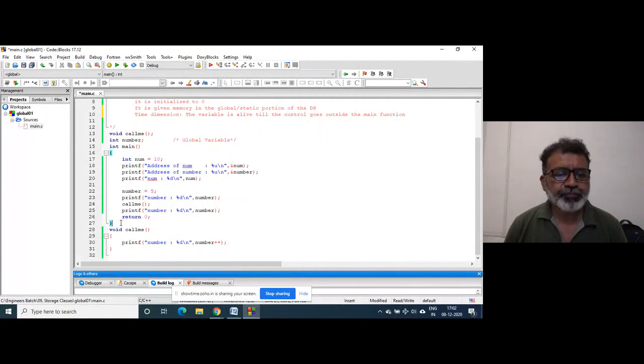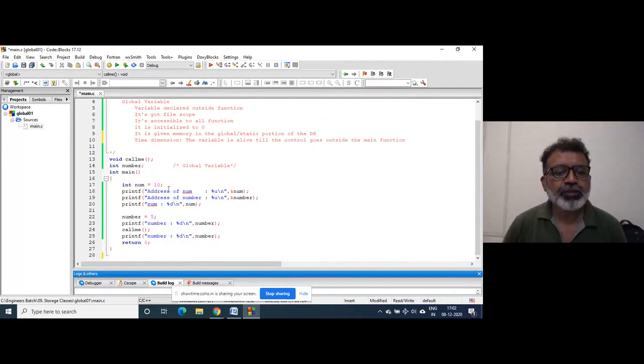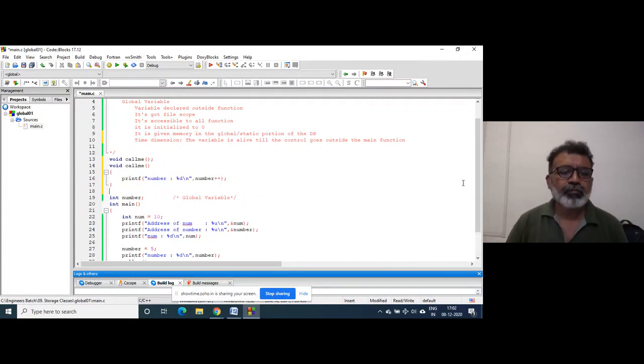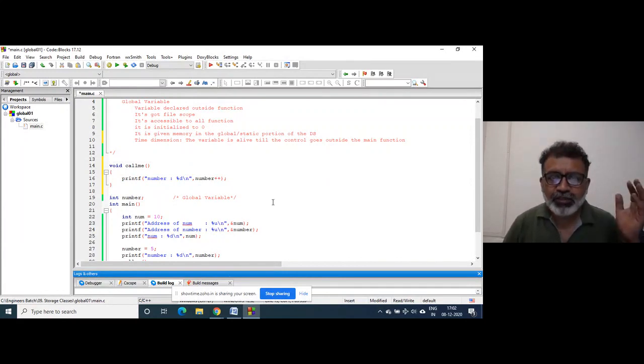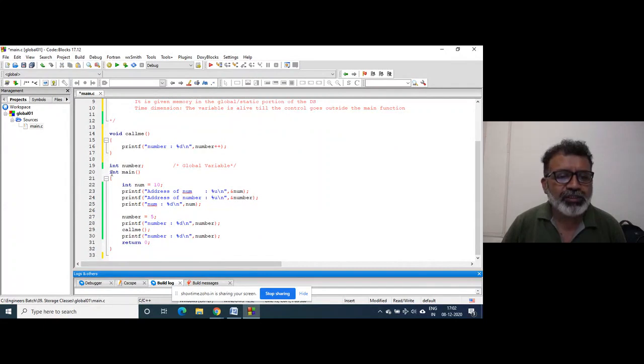Suppose now I'm not writing multi-file programming. I'm just rearranging the code. I think you can imagine all these things. This is the program written by the team leader.